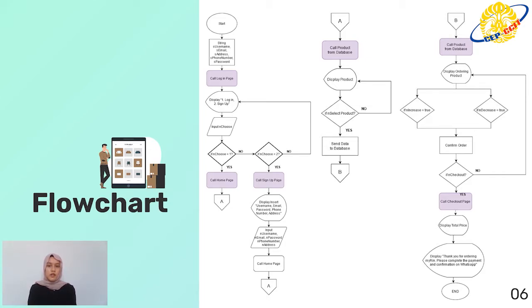In the homepage, the user can see all the products and categories from Myrin Store. If the user is interested in some product, they can add that product to the cart, and then the data will be sent to the database. In the shopping cart, there are products that the user is interested in buying. The user can choose the quantity of the product they want to buy, and then click checkout, and then the price will be shown. If the user wants to complete the payment, they can follow the instructions on the checkout page.